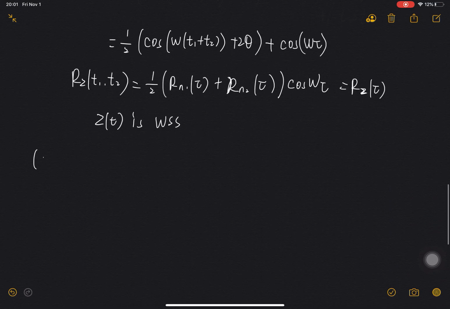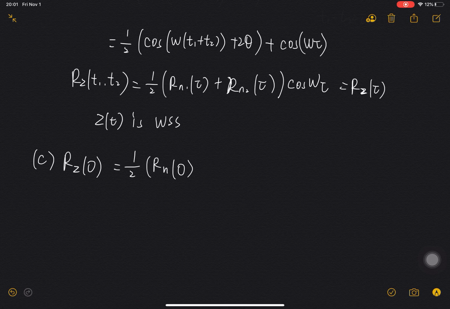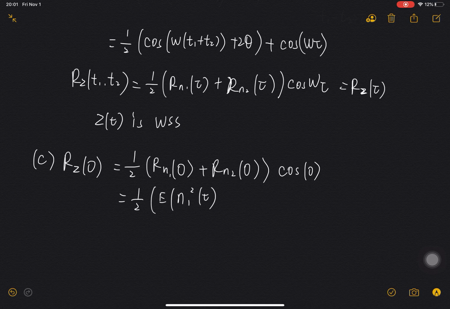And the next question, question C. We want to know the R_Z(0). It's very easy now because we have the answer of question B. So it's 1 over 2 times R_n1(0) plus R_n2(0), cosine 0, which is 1, cosine 0, which is 1. So it's 1 over 2 expectation n1 squared plus n